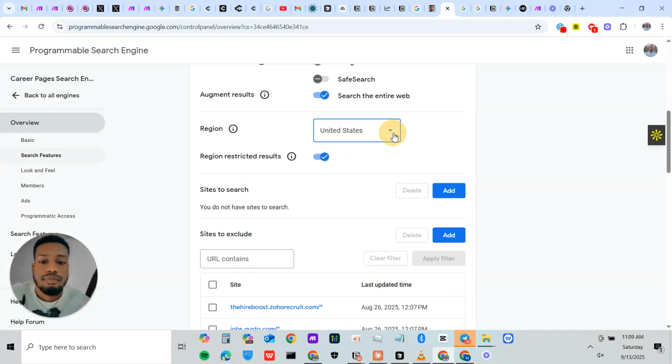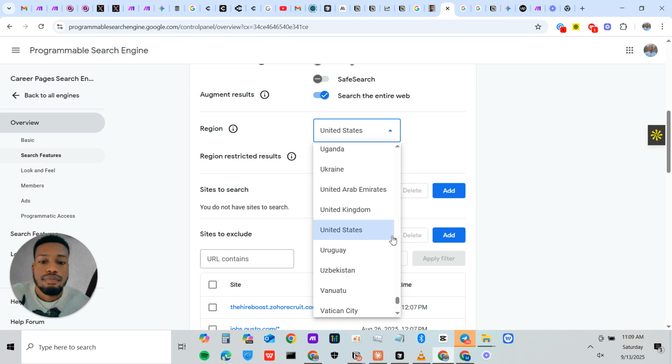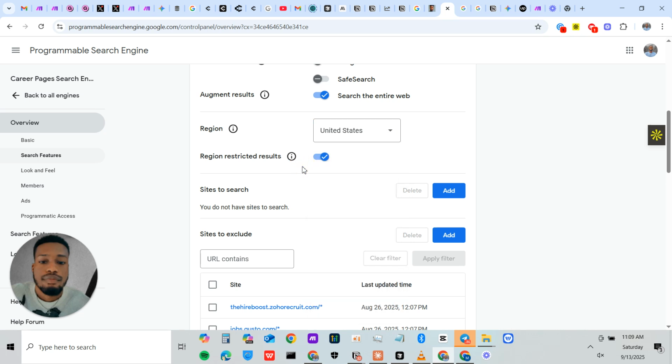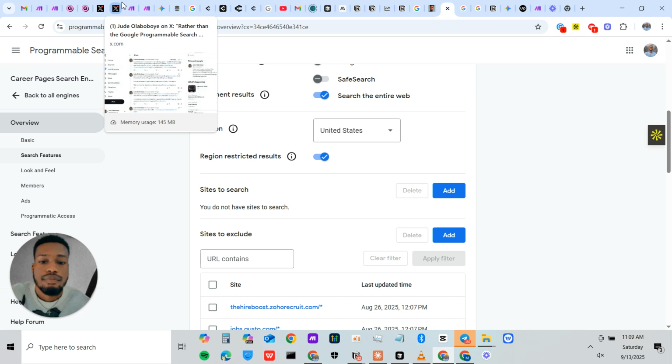There are many things you can just do to ensure you have these jobs. I mean, if you want this in Nigeria, fine, you can choose this in Nigeria. If you want this anywhere, you can just choose anywhere. So it's going to scrape your region for you. So in case they are on site,